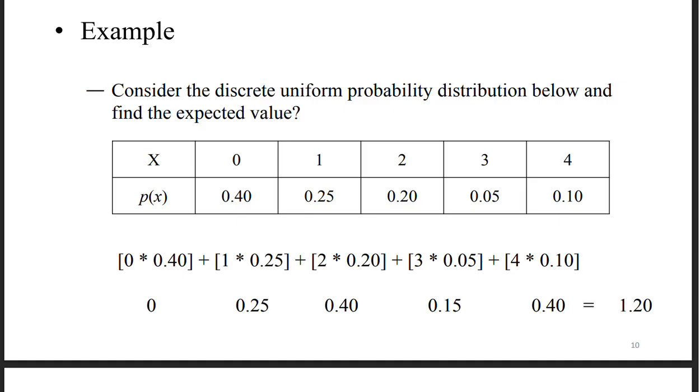Now, in previous lessons, we have explained that to calculate the mean, we add up the numbers and we divide by the total number of observations. Well, this is a little different. Why? It's different because we are not just dealing with the values of x, we are dealing with the values and their probability distributions. And so it will be incorrect to just add up the numbers and divide by the total number of observations. For discrete uniform probability distributions, we calculate the mean or the expected value by multiplying the